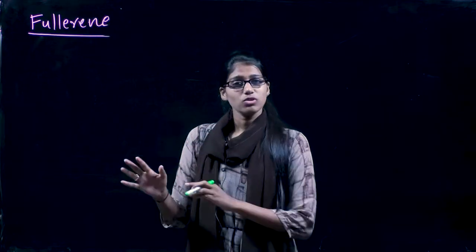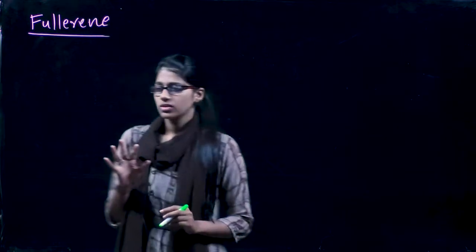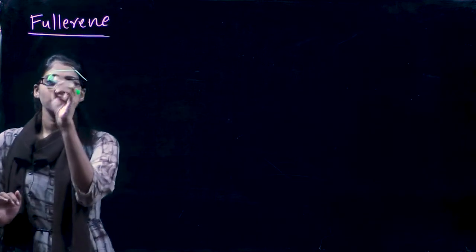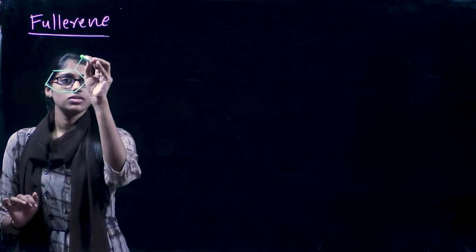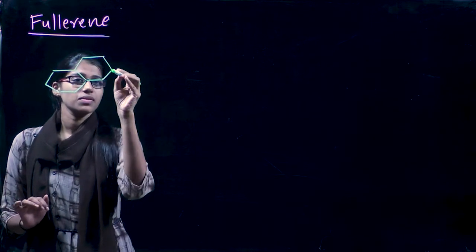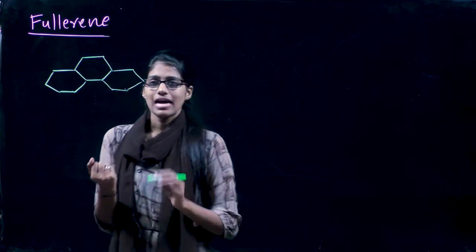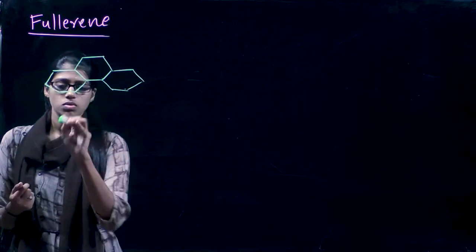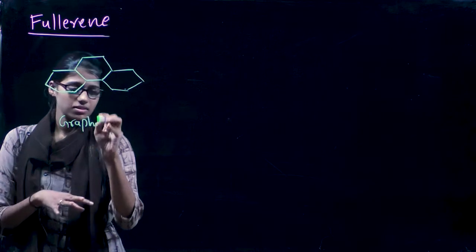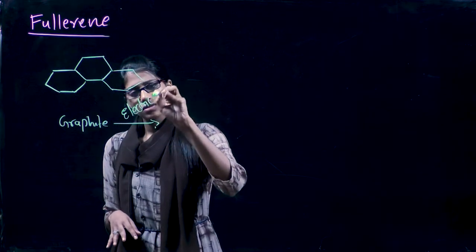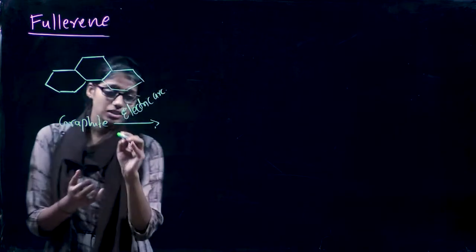So the next allotrope of carbon is fullerene. We have been discussing graphite. When you look into the structure of graphite, as we have already discussed, it has a layered structure. Now let's take the graphite, and if you take the graphite in presence of an electric arc and in an inert atmosphere,